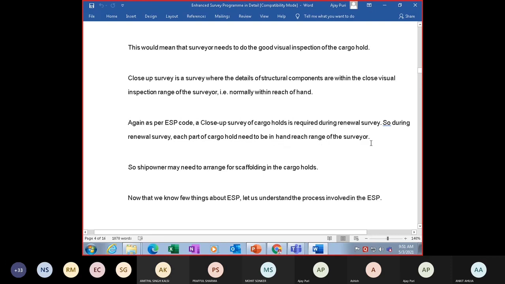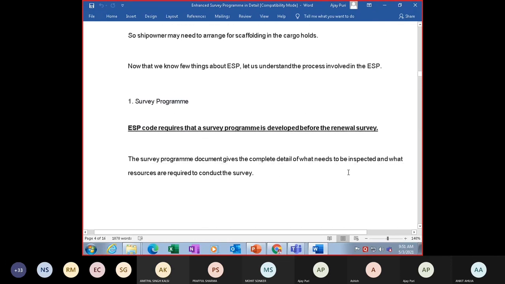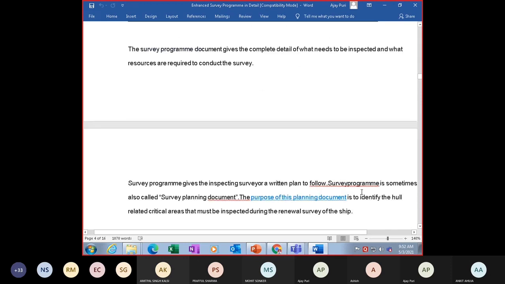हाथ से टच करके बता सकता है कि वहाँ कोरोजन है कि नहीं है। तो अगर ड्राई डॉकिंग में स्कैफोल्डिंग लगाना पड़ता है, हमने तो स्कैफोल्डिंग नहीं लगाई, हम तो सेलिंग में ही कर रहे थे, तो कंपनी का टाइम बचा लिया था। तो इसमें क्या है, आपका जो प्रोग्राम है इट हैज़ टू बी डेवलप्ड बिफोर द रिन्यूअल सर्वे। तो 6 महीने पहले ये प्रोग्राम बनाते हैं, इसमें आपकी डिटेल हो जाएगी व्हाट एरियाज टू बी इंस्पेक्टेड और व्हाट रिसोर्सेज आर रिक्वायर्ड फॉर कंडक्टिंग दिस सर्वे। 8 मिनट है, जल्दी कराते हैं।